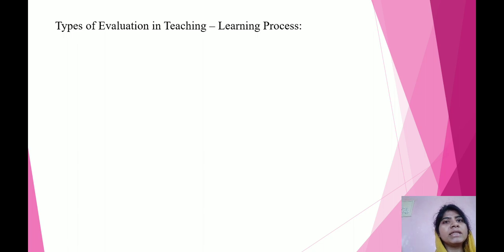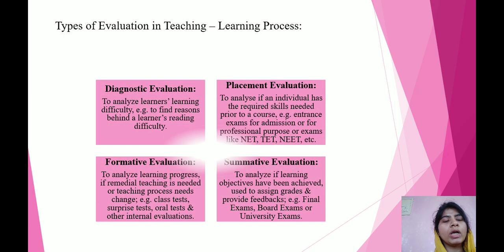Now there is another type of evaluation, quantitative and qualitative evaluation. This is basically based on how the assessment is being done. Is it through scores or marks, or is it through interviews and observations? So based on assessment, when we are dividing evaluation, then you've got two, quantitative and qualitative. But when you're deciding evaluation on the grounds of purpose, why am I evaluating, then you have got four types